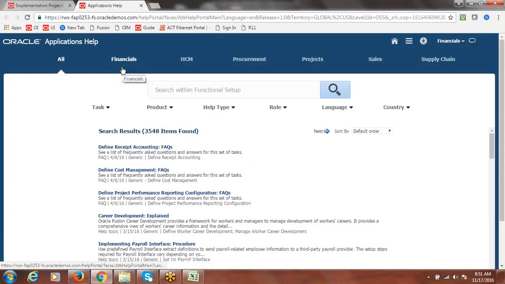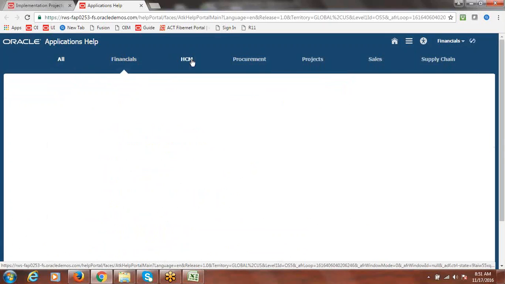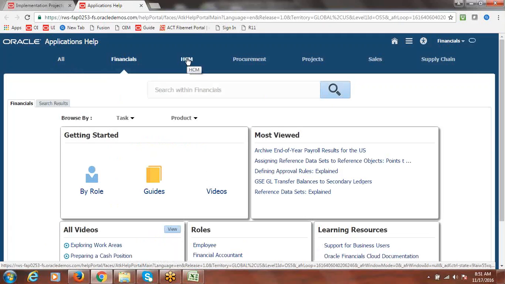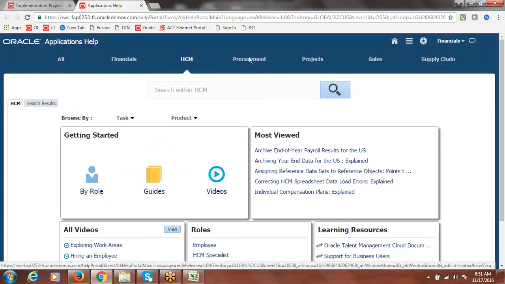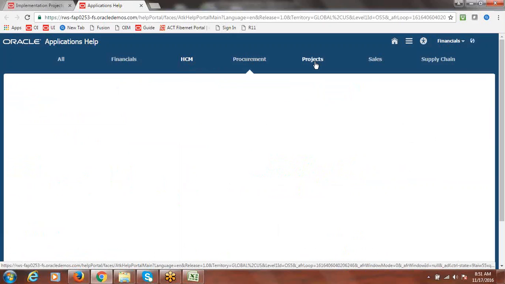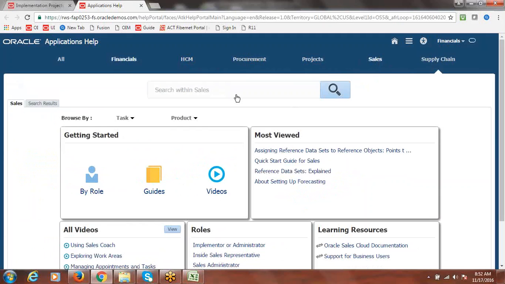Here we have all the sections. If you need help related to finance, you can select finance, and whatever you search, you will get only finance related information. If you need information for HCM, you can go with HCM. Procurement, projects, sales, supply chain. For everything we have help.